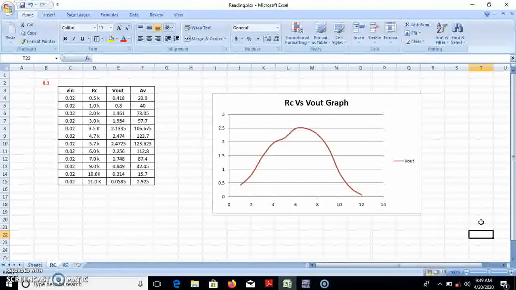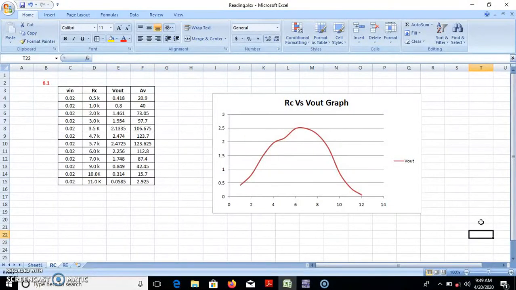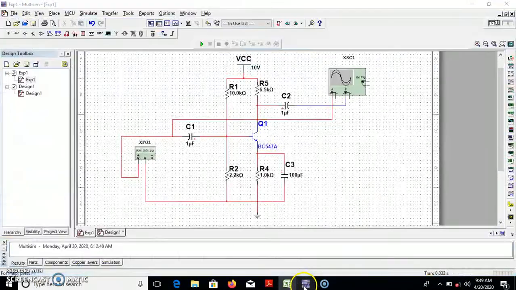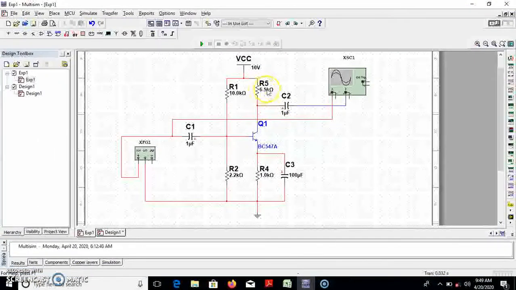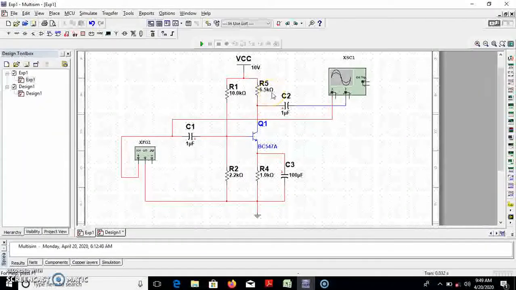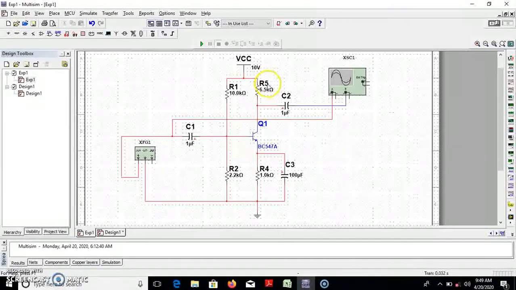After noting down this result in table number 6.1, I need to find the values for table number 6.2. That is, I need to find such a value of RC from which you can find the clipped waveform. So once again go back to the Multisim circuit and select the value of RC as 6.5 kilo ohm. Over here it is written R5.